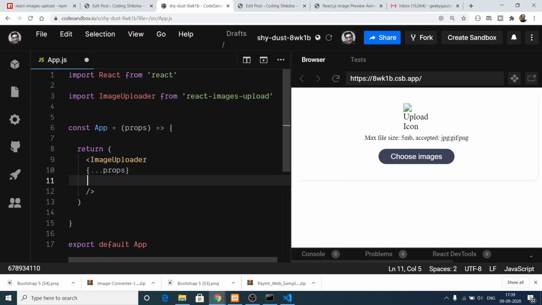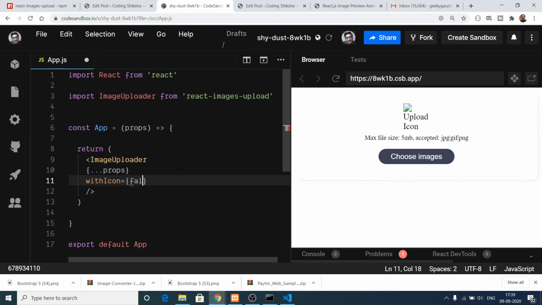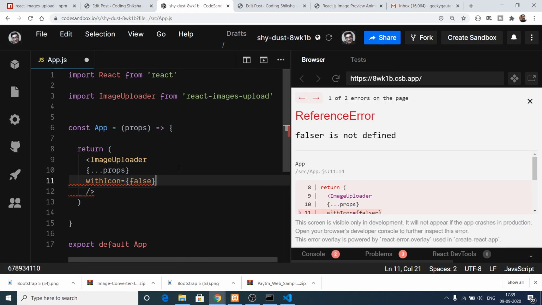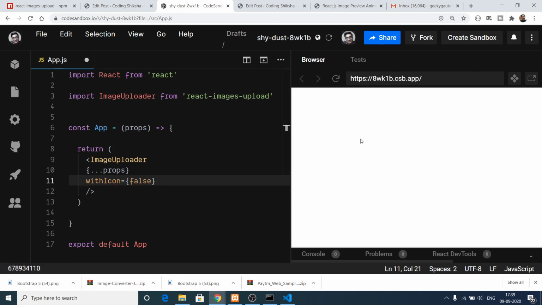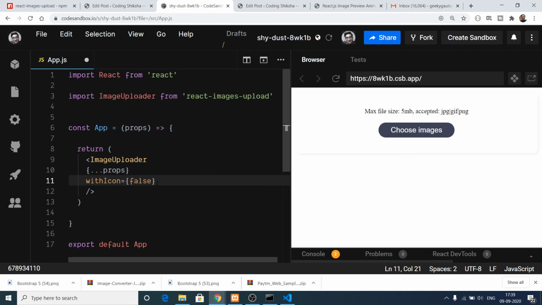And again we can customize the properties. We can pass withIcon. Let's suppose if we want to disable it, we can pass false here, so the icon will not be there, you can see. And also we can have show preview.